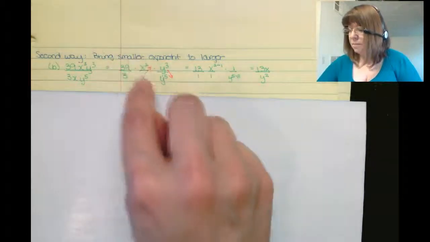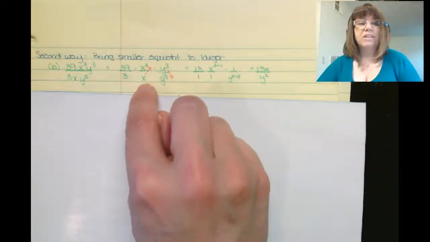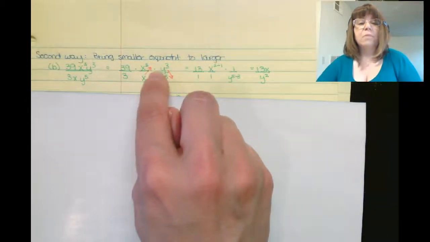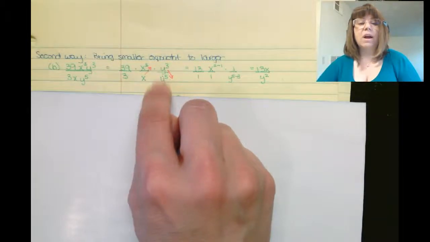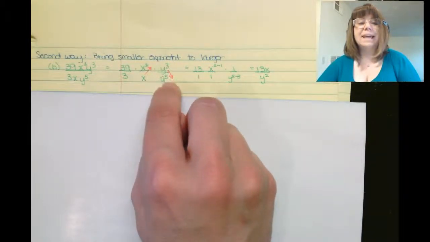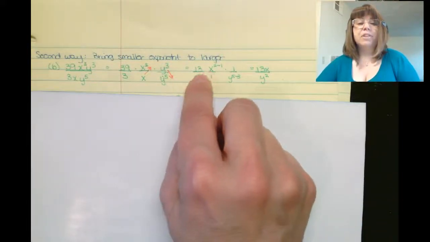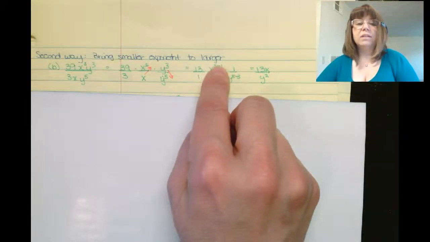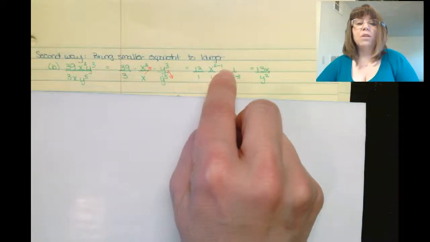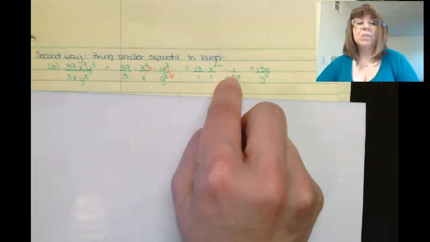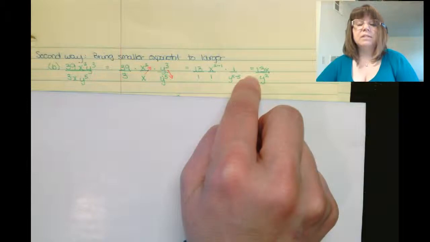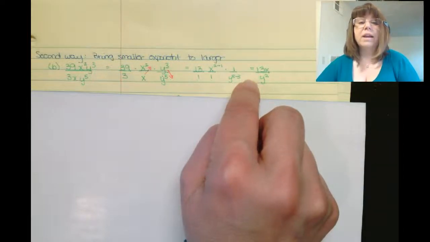For example, I'm going to bring the x up because I have x to the first and x squared is larger, so I bring my x up. My y cubed is smaller than my y to the fifth, so I bring the y cubed down. As soon as I bring it down, it becomes negative. So my problem becomes 13 over 1, which is my numbers, and then x to the 2 minus 1, all over 1, times 1 over y to the 5 minus 3. Multiply that all together. I still am left with the same solution, 13x over y squared, but all of my